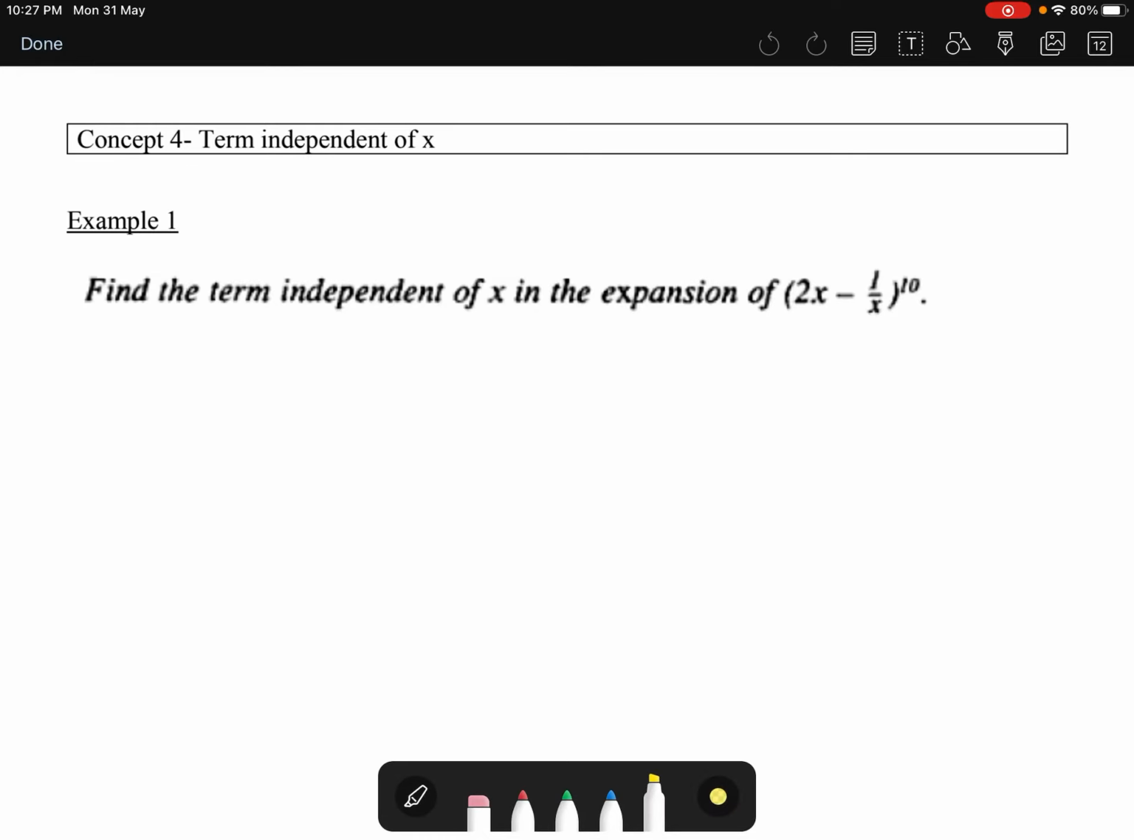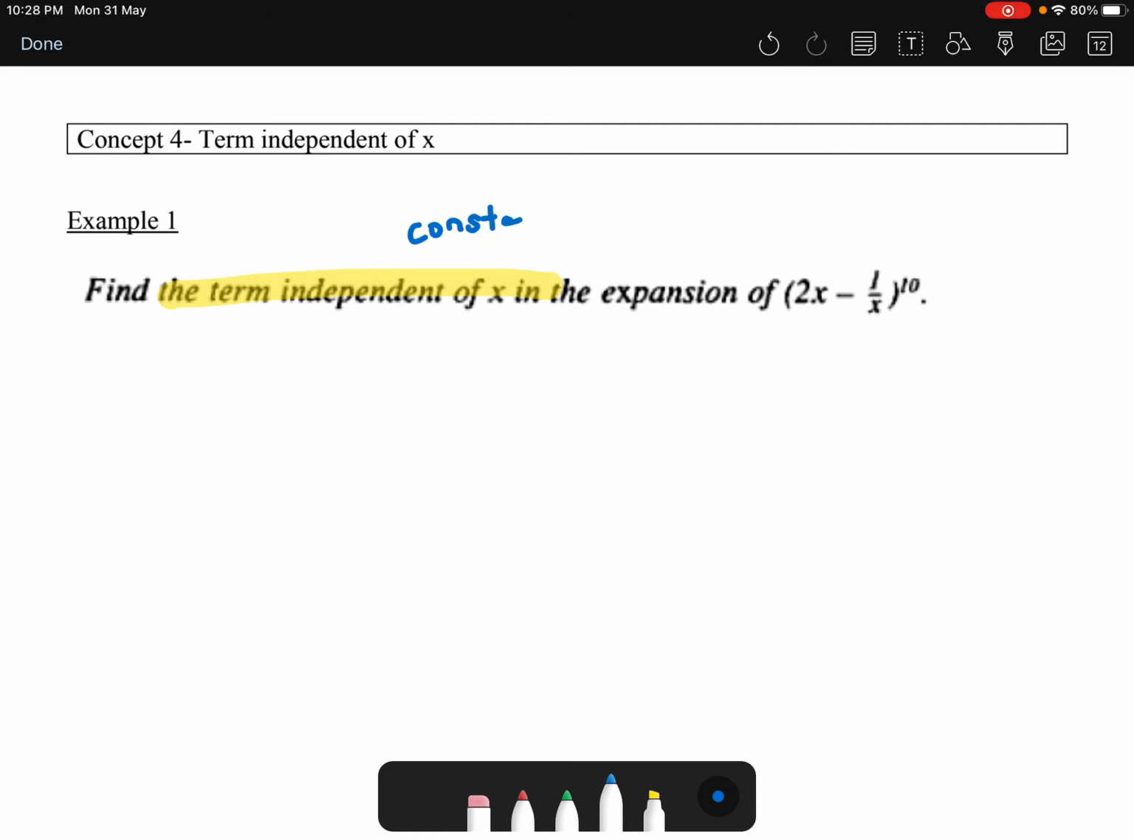Alright, so concept 4 will be finding a term that is independent of x. Basically, concept 4 and concept 3 are the same, just that we are still using the general term to help us. Okay, so what do I mean by the term independent of x? If you see this word, independent means does not depend on, right? So the term independent of x means